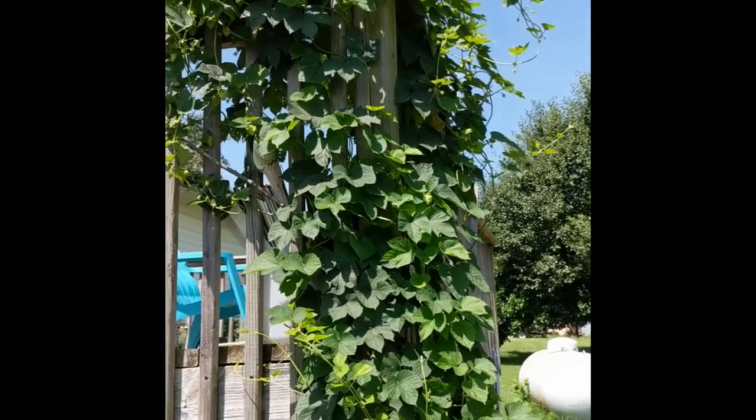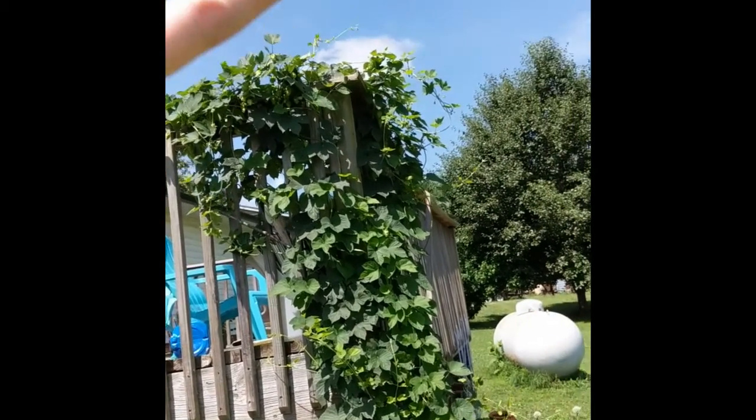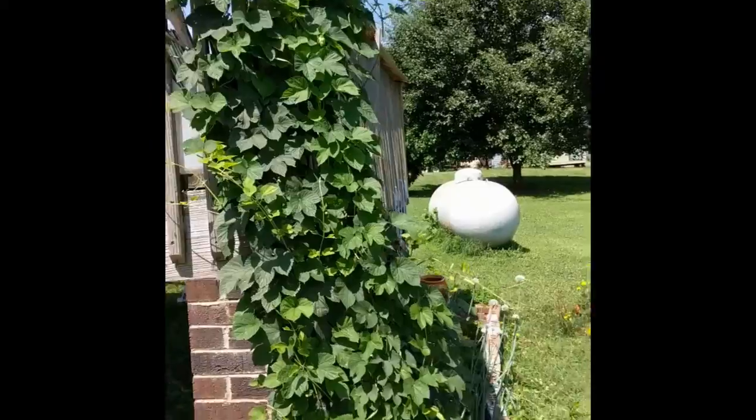I hope so. I really could have built a taller thing up here because they will just grow and grow and grow. But I've been trying to wind it around the edge of the deck to give it some more place to grow. So anyhow,